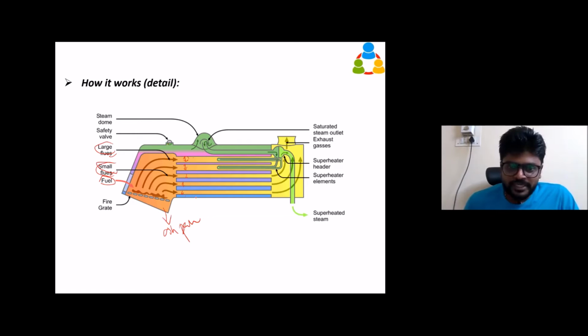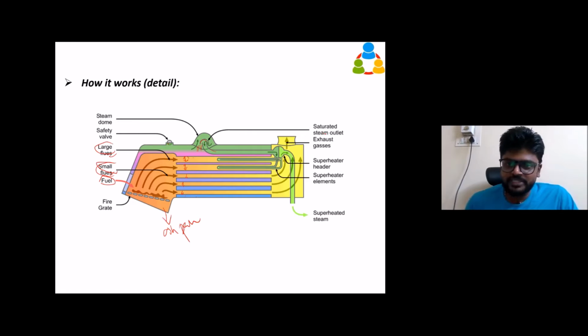You can see here the blue color is varying and becoming magenta or purple. When the blue color is changing, they want to show the water is getting heated up, because when the water is hot, the density will be low. So it is always at the top. Hot water will always be at the top, and cold water will be at the bottom of the vessel. You can see the hot water is at the top, and the steam is produced and collected. Everywhere it is built up, but it is also built up at the steam dome, and the pressure is increasing. So here is the main pipe, and this is the regulator valve.